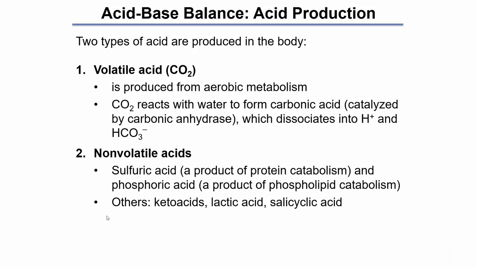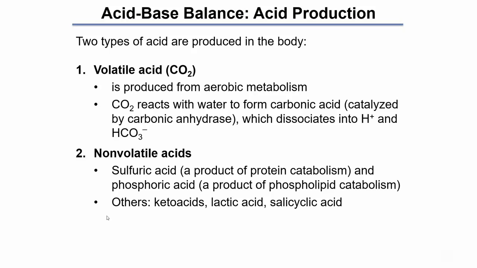And the other big part is all the non-volatile acids, so basically everything else other than CO2. Anything else that can potentially be an acid, we lump in that second category. That could be sulfuric acid, which is a product of protein catabolism. So when you break down proteins, some amino acids such as cysteine contain sulfur and you get sulfuric acid. Phosphoric acid is a metabolic byproduct of the breakdown of phospholipids. And there are various other acids such as lactic acid and keto acids, which are produced when you break down fats instead of